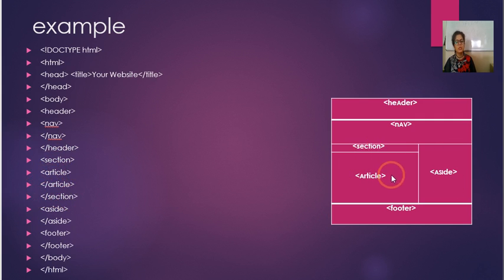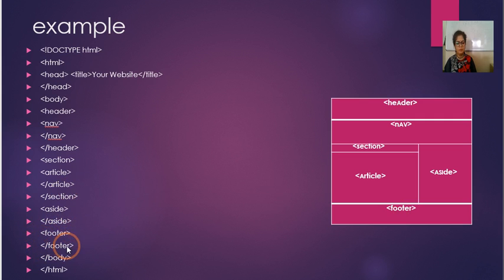So we have completed this part. Now if you want to create an aside, you have to open an aside tag and close an aside tag. You have to write the content here, whatever you want to write. Now this is the opening of the footer tag. So we are already done with the article tag and the aside tag. Now we have to deal with the footer tag. For this, whatever you want to write in the footer, you have to write your text here. So this is the opening of the footer tag, then you write the text.